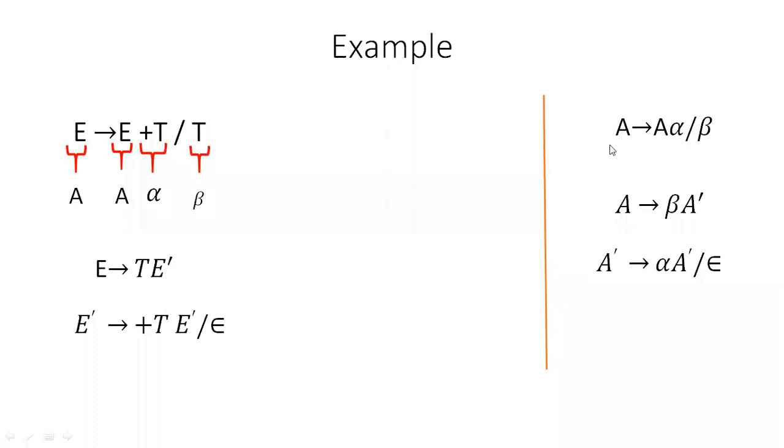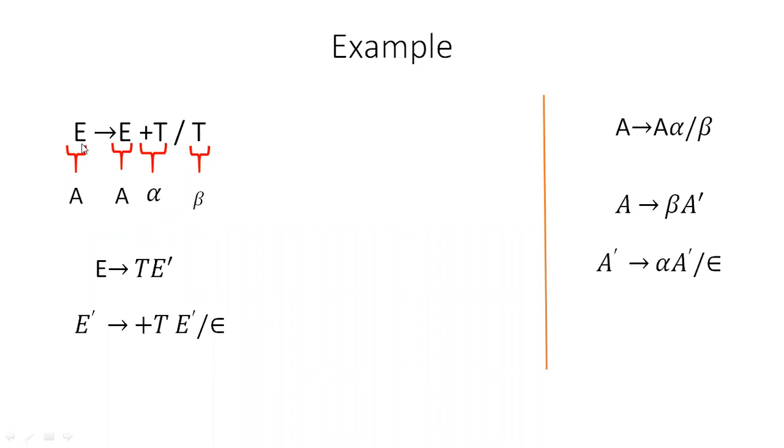See here, we have the syntax. If the rule is in the form of like this, A and this A should be the same: the first variable after tends to and the variable on the left hand side. If both are the same, then we need to modify the rule into these two rules. Convert the rule, change the production into this syntax.